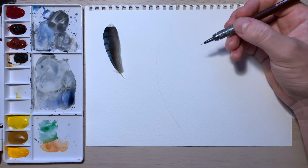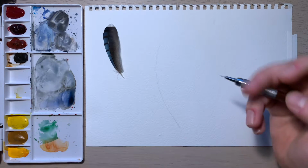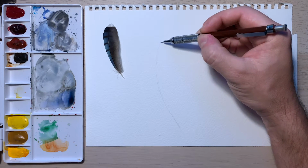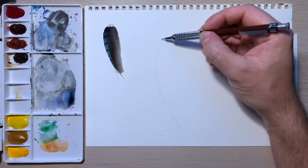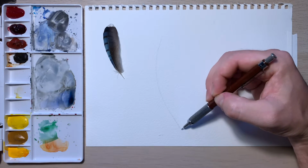So I'm really just trying to use my eyes here and leave my brain out of the equation as much as possible. But here's a basic midrib, and hopefully you can see this in the video. I know it's pretty light. All right,